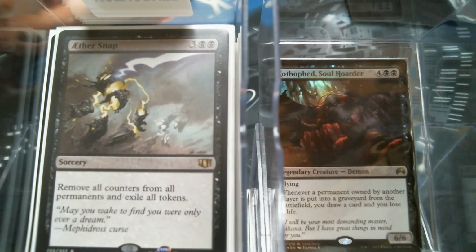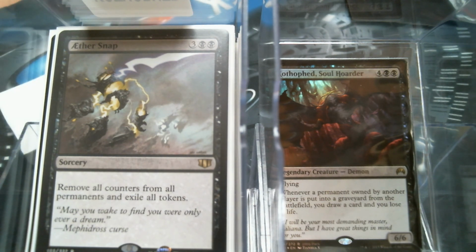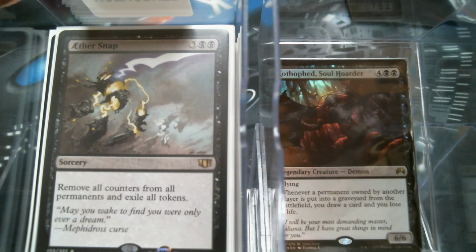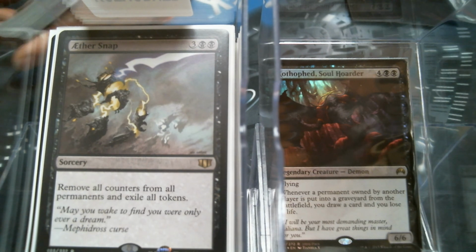Now, with walkers in mind, Ether Snap is a card that is absolutely wonderful. Now, it kills walkers. There is an amazing ton of just 1/1 counter guys that are going around. And let's face it, if you get lucky enough to draw Dark Depths, you got yourself a Marit Lage. Anyway,